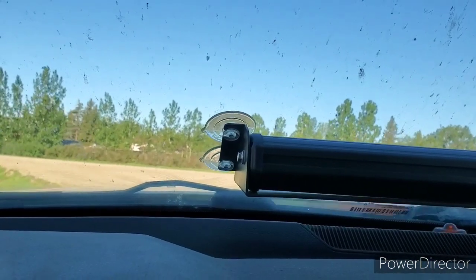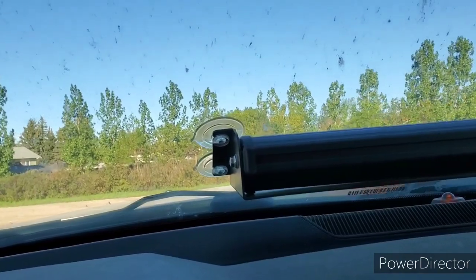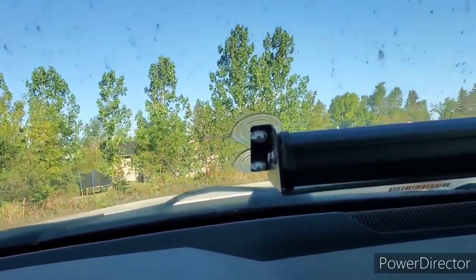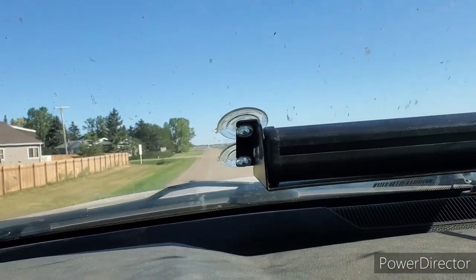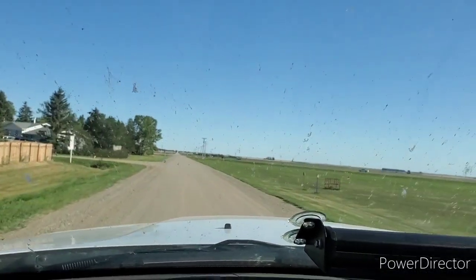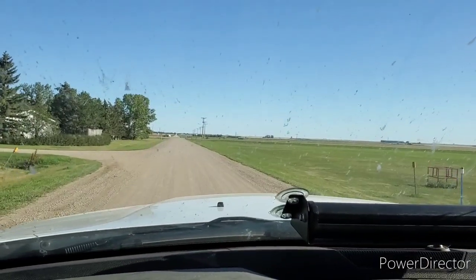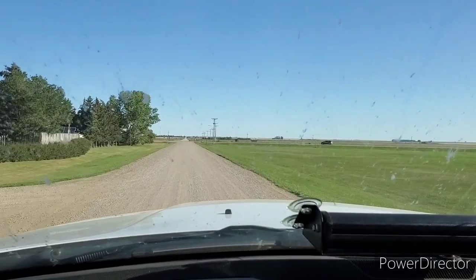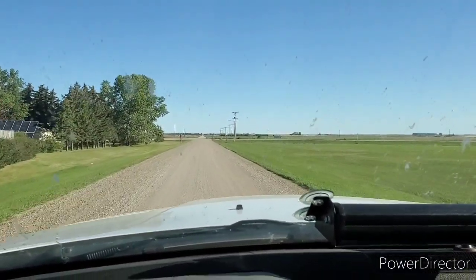We're going to be on gravel all the way to number 1. And then we jog over a mile on number 1, and then we go on gravel again up to the number 10. And from the number 10, we go to Fort Qu'Appelle and jump onto 35. And well, from Fort Qu'Appelle north, 35 is